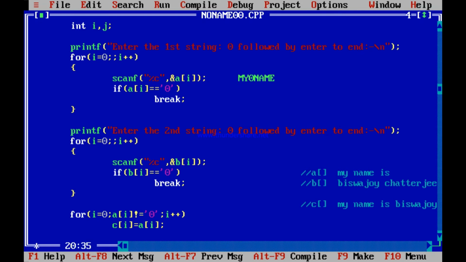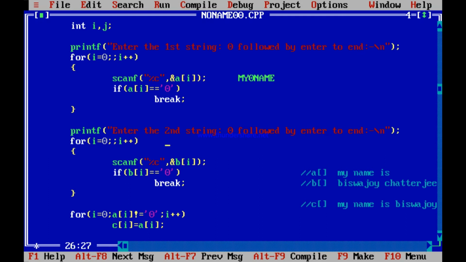As soon as you pressed enter, this scanf started scanning. What did it scan? It scanned m. Okay, it is not 0, so not a break, it goes over here. Then what did it scan? It scanned a y. As soon as it scanned a y, it is not equal to 0, it does not break, comes back over here, i++. Next it scans a 0. As soon as it finds a 0, it breaks out. i is 2, it breaks out. But NAME was there. You had entered it. NAME is part of your buffer. In your keyboard buffer, NAME is present.